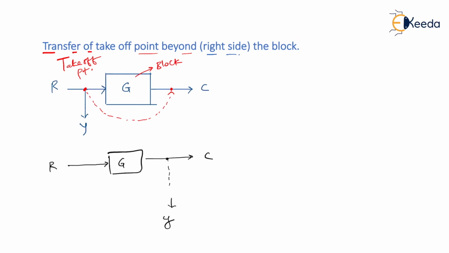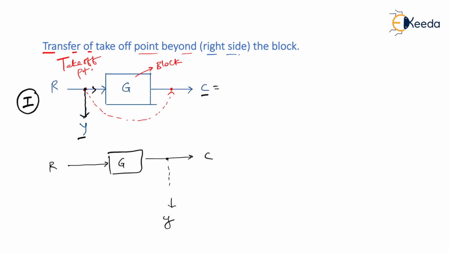But then the rule says you do whatever modifications in block diagram, the thing is, your output shouldn't get affected. Am I right? Your output shouldn't get affected. Now look at this block diagram. That is a first block diagram. Can you tell me what are outputs? Then I would say there are two outputs. First output is C, the other output is Y. Because Y is also actually taking connection from here and it is supplying to some other system. So this is also output. So let us note down both outputs now.